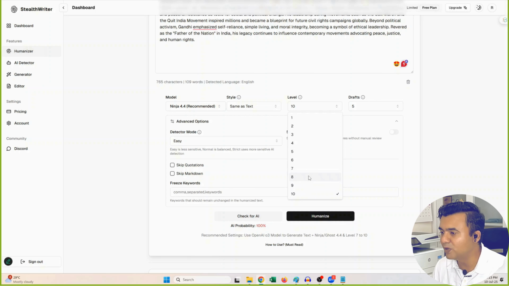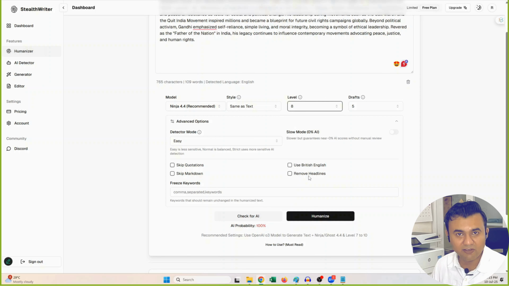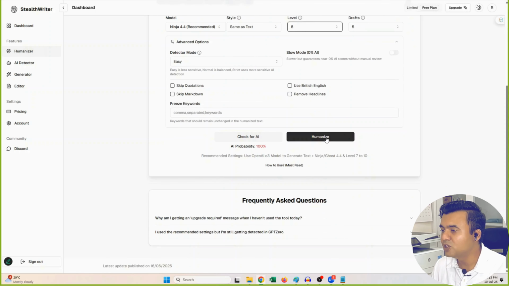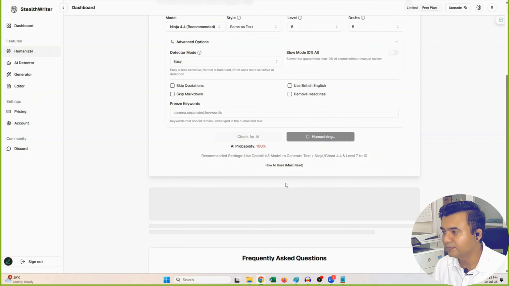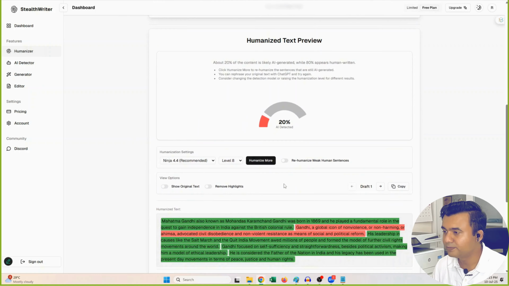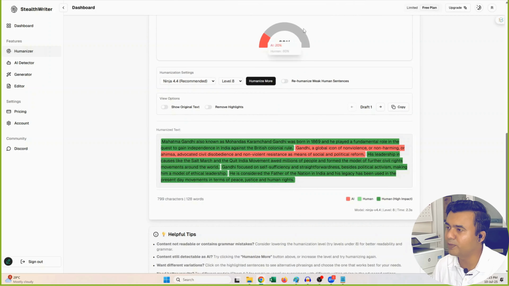So I'll just select 8, in between, so it kind of gives me the balance, like it will paraphrase it in such a way that humans used to write, right? And I'll just click on humanize it, give it a few seconds. You can see that out of 100%, it has paraphrased and brought down the information to an AI score of 20%. 20% could be allowed based on the university's guideline,